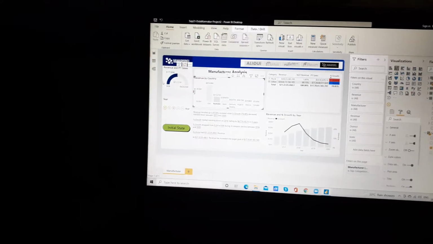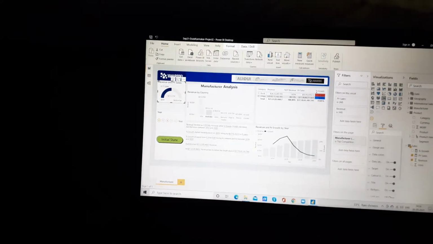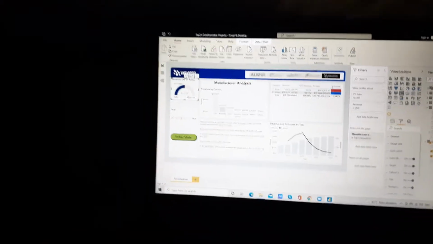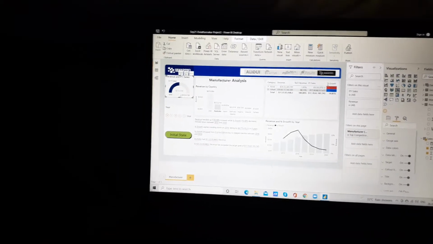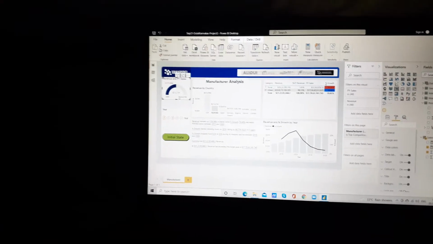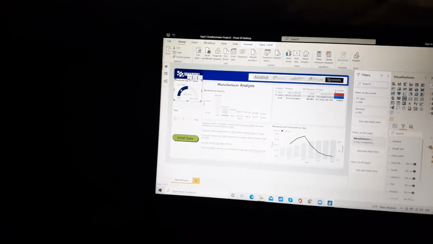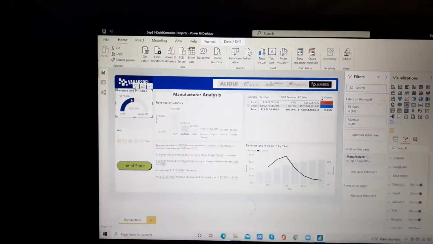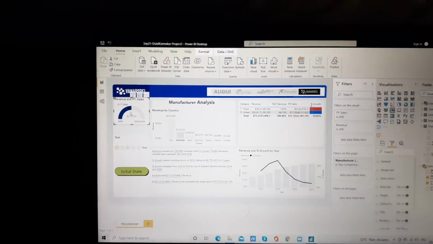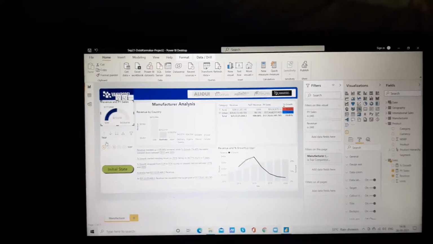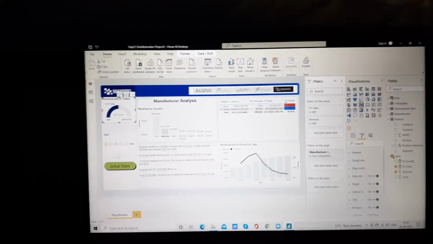Not only that, this one shows revenue and PY sales. So what's the actual revenue and PY sales of Van Diesel? We can see through this chart. What is the name of this chart? That is a gauge chart, right? And the black sign here, we can see, this is the target line. Also, I have used the play axis button, right?